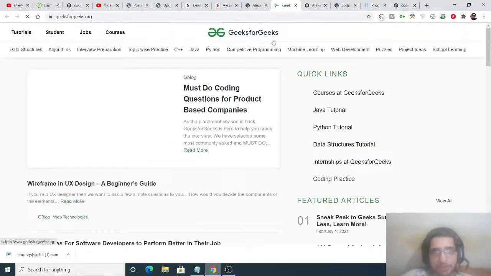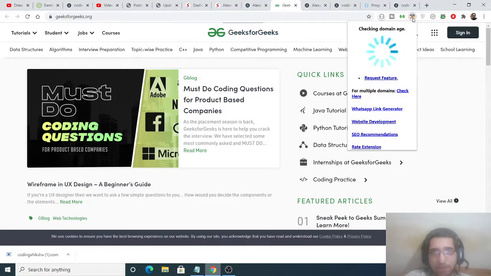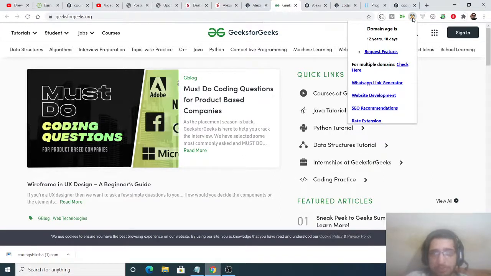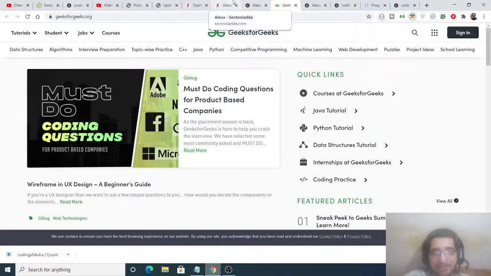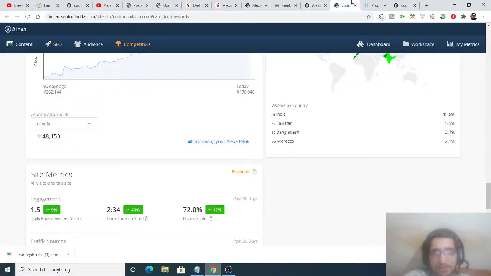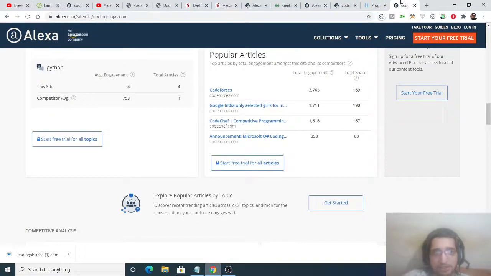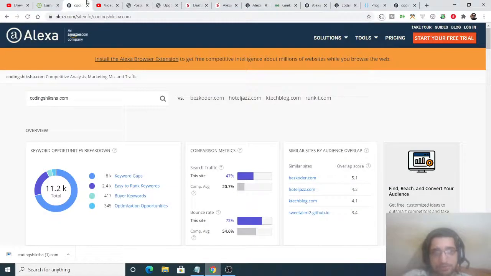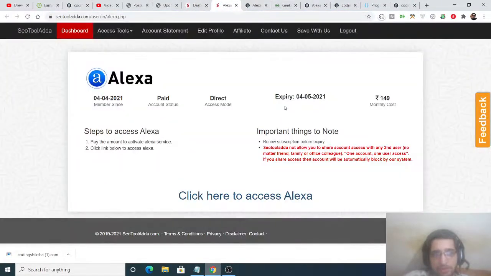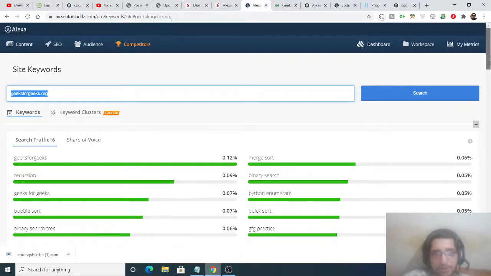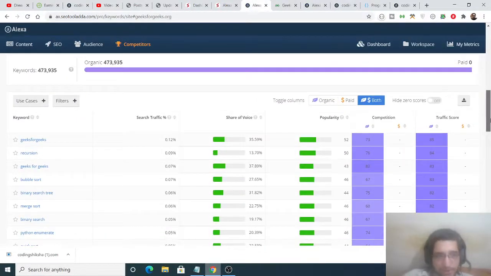Lots of articles are published. So you need to be taking websites which are older, which have lots of content published, so that you can filter out those keywords which are very low in competition. So you can see the domain age is 12 years 18 days. So you need to pick these websites and plug them inside these keyword tools, and through this you will definitely be generating more keyword ideas. You can see if I drag down, lots of keyword ideas will be there.